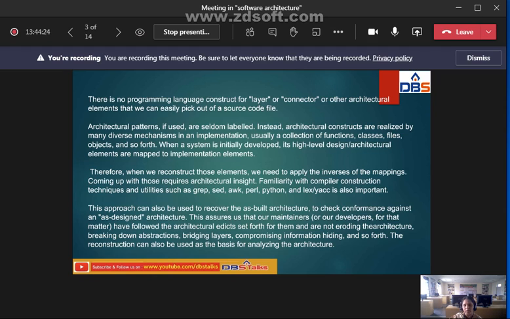This approach can also be used to recover as-built architectures. What is the main use of these types of approaches? Why are we using these types of tools? Based on this approach, we can recover as-built architectures. What are the existing architectures we have? We need to recover the particular as-built architectures to check conformance against